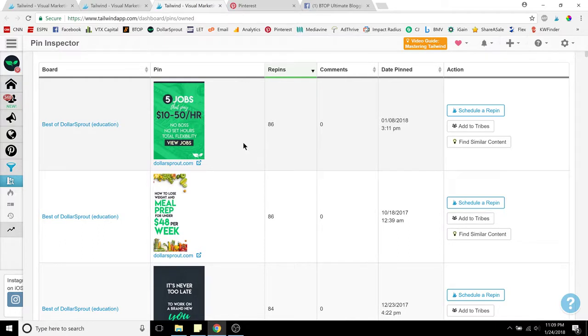And so once I've got a list of about 5 to 10 good pins, I make a secret board. And those are the pins that I'm trying to get out more often than normal. I still get out some of my underperforming pins to try to give them a chance. And then, if I've given them a chance for a couple weeks and they're not really taking off, I don't pin those as often. But yeah, and so that is kind of how I decide which content I want to